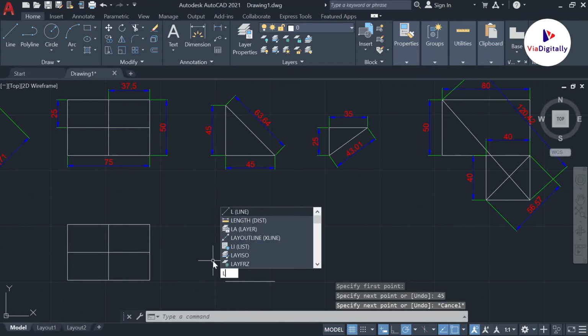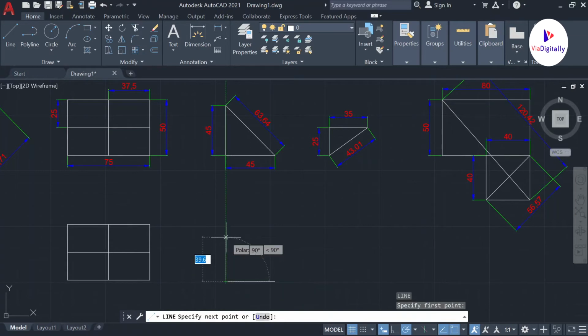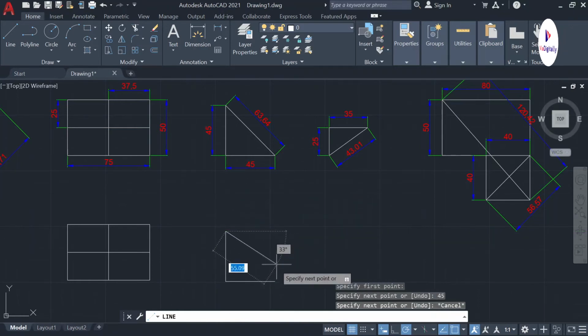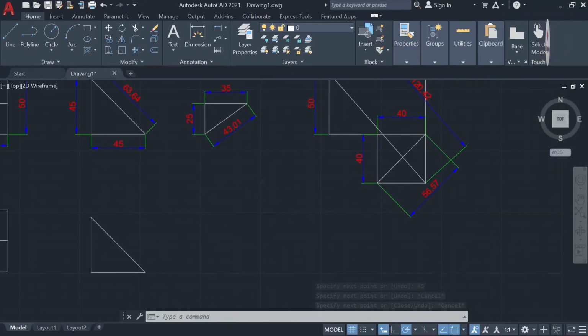So simply I need to press line again and take from this point, because I know the length and it is a perpendicular, and I also know the length of the 45 degrees. Now it just got the line. Now it's my work to join both lines, and I can use even C enter. This is the error it is, and it's my work to join the first and last point right now. Escape. So this is how to draw a triangle in the AutoCAD software with given dimensions.